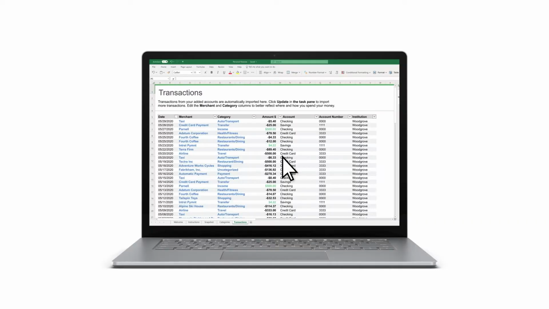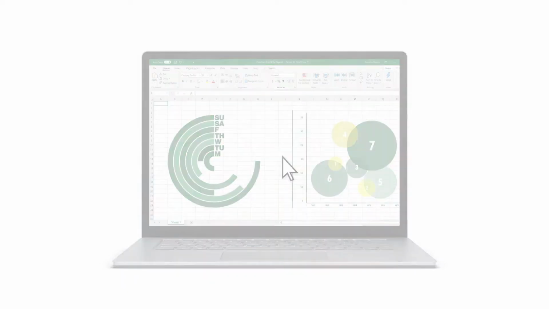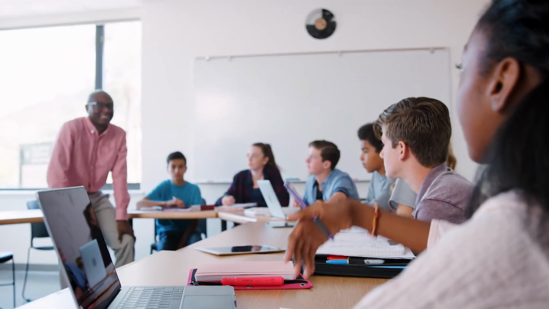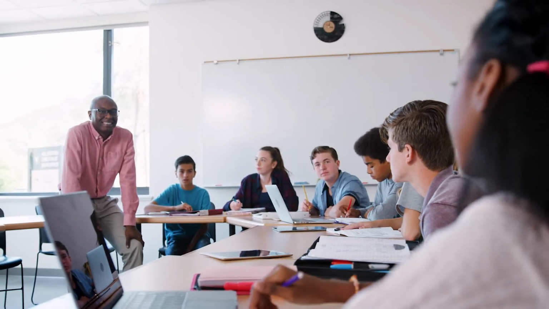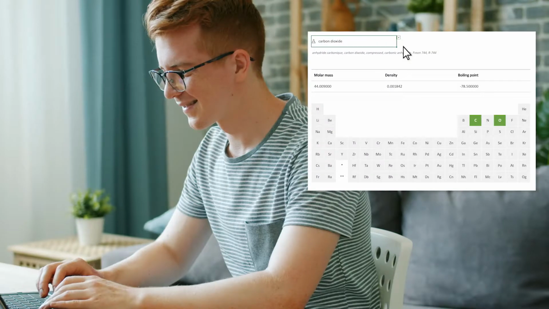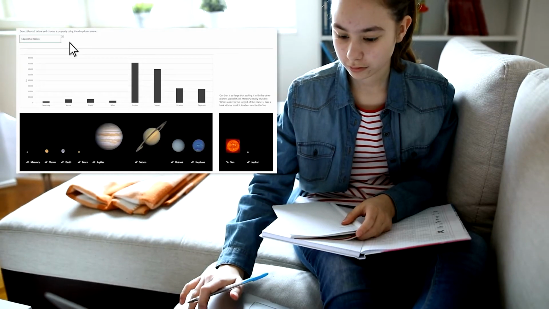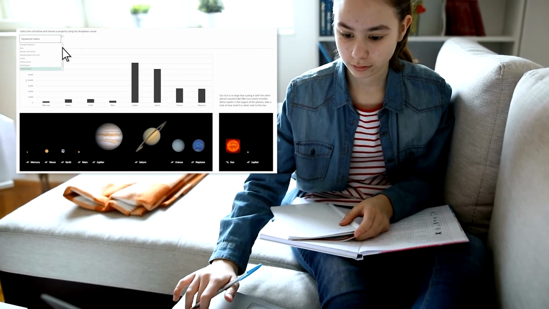When you think Microsoft Excel, you might think spreadsheets and data management. But what if Excel also supplied reliable data to help you create a dynamic classroom learning experience? We made it happen with linked data types. From finding the molar mass of a chemical compound to learning about the different orbital speeds of planets, data types